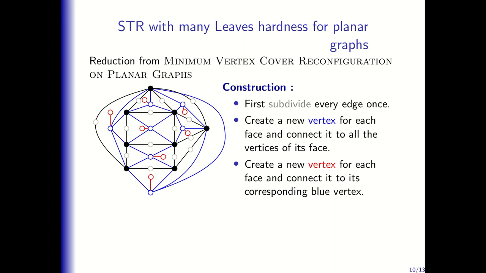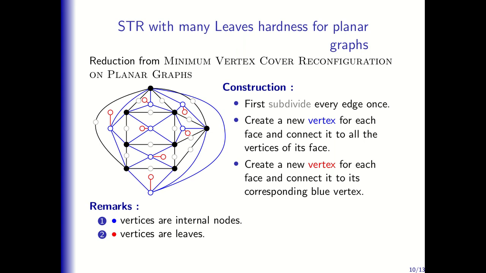And so now what you can remark is that when you are looking at the spanning tree of this graph, all the blue vertices have to be internal nodes. Why? Because you know that there is a pending vertex attached to it, so you need to take this edge between the blue and the red vertex. And you also need to connect these two vertices with the rest of the graph, and it cannot be connected with the red vertex, so it has to be connected with the blue one.